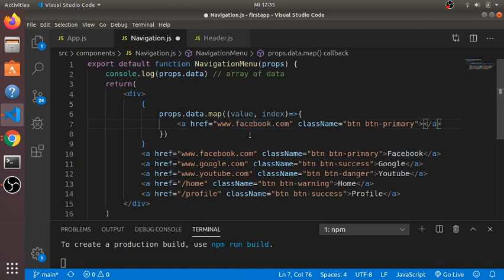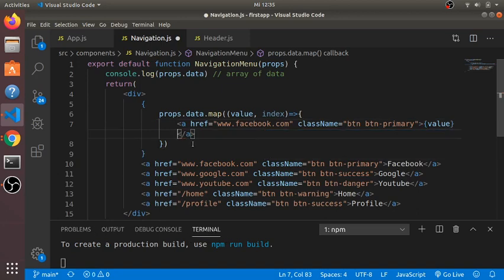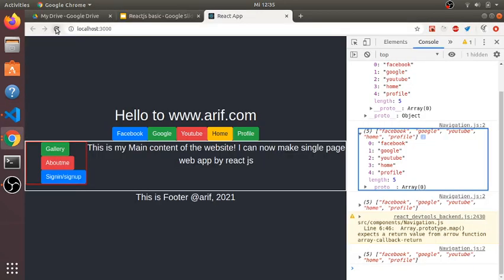So if I remove the Facebook, and then write down value, so the first value I have, and it's not an object. Then if I save it, there should be some kind of problem. Let me see the problem first. If I refresh,